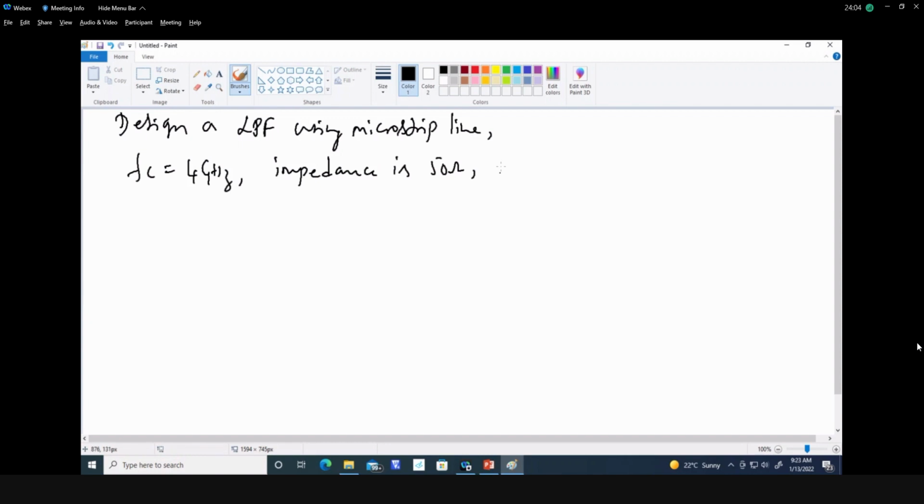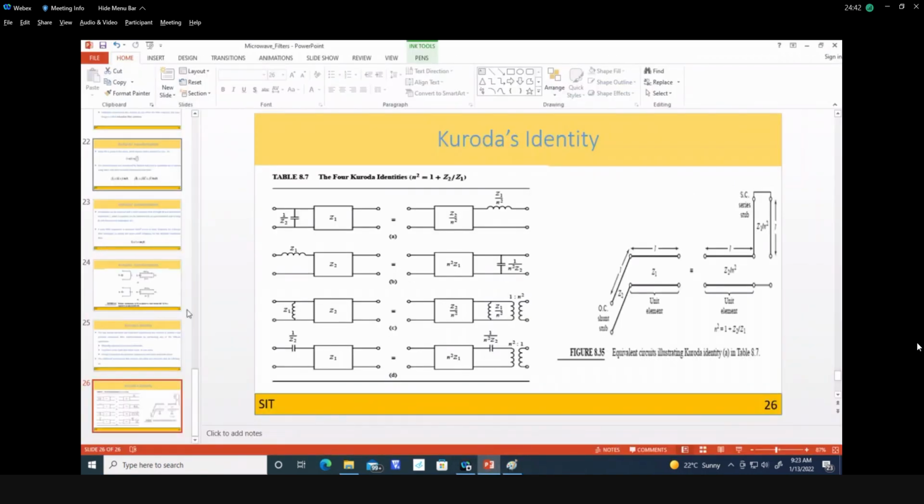We have to use n equal to 3, a third order filter, with 3 dB equal ripple at the pass band. So this is the specification. We need to design a low pass filter using microstrip line, which is a kind of stub design. Now from the filter table,